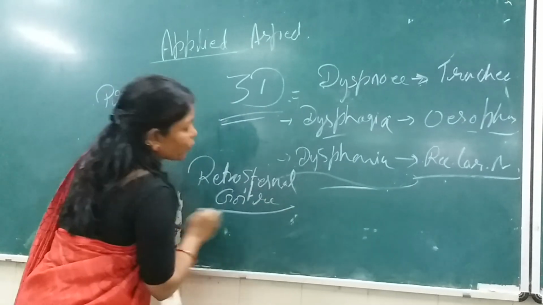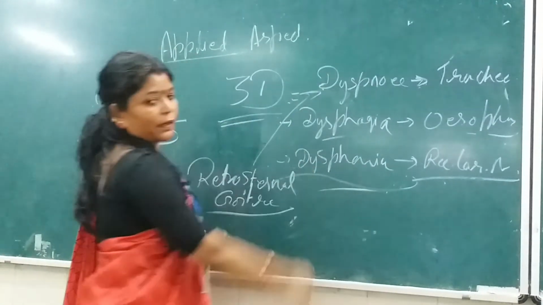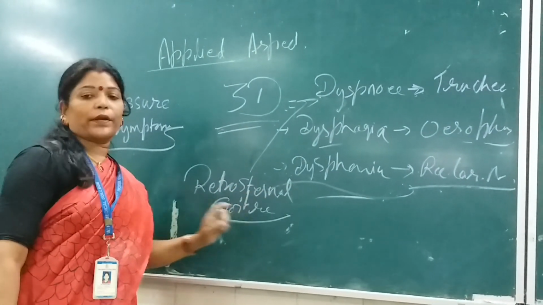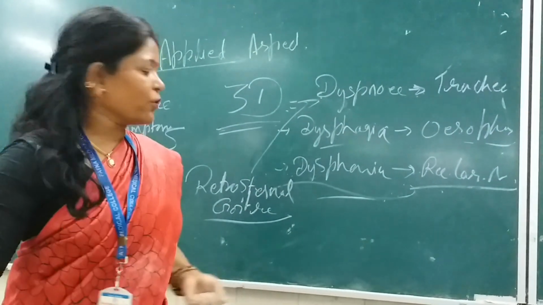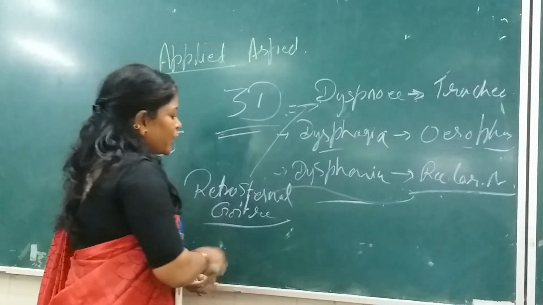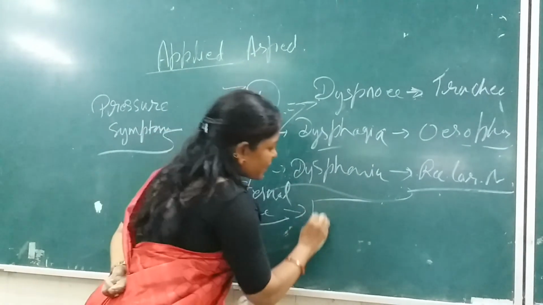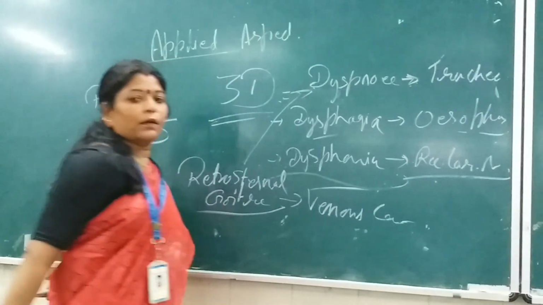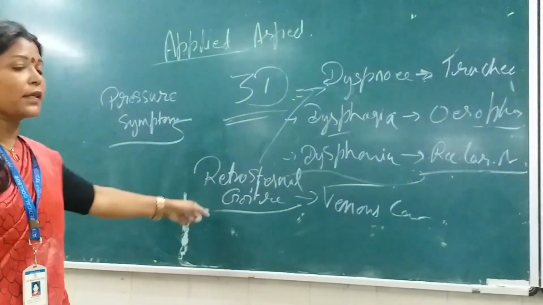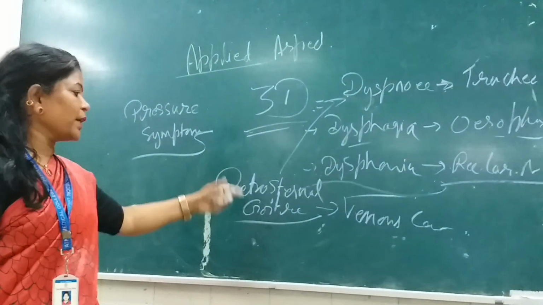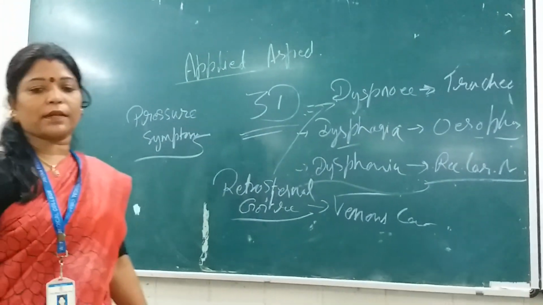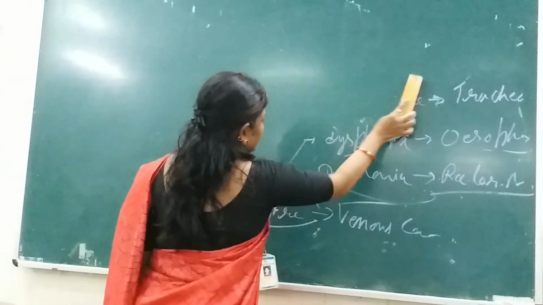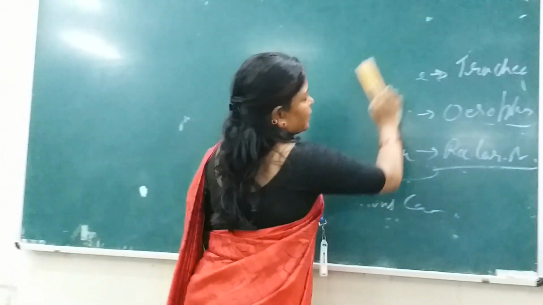The retrosternal goiter will produce more dyspnea, more dangerous dyspnea than this one. Okay, and this retrosternal goiter will also produce venous congestion, due to the pressure over the veins there, just behind the manubrium. It will produce venous congestion. Symptoms of venous congestion. Now comes the, these were